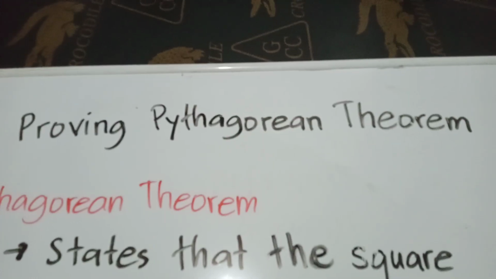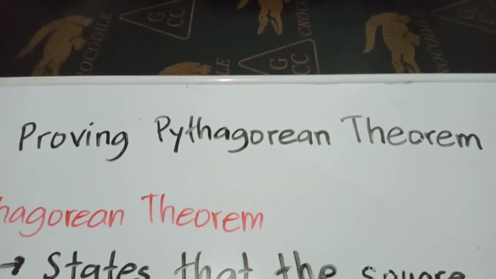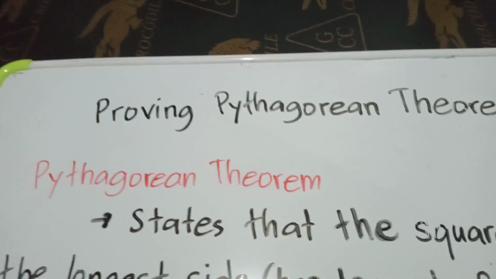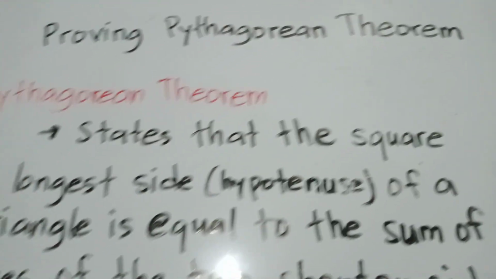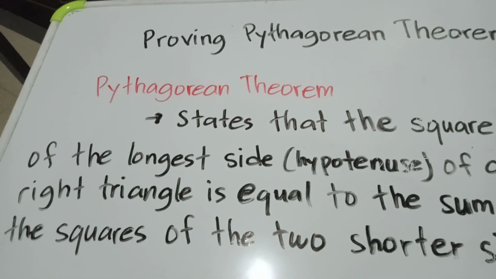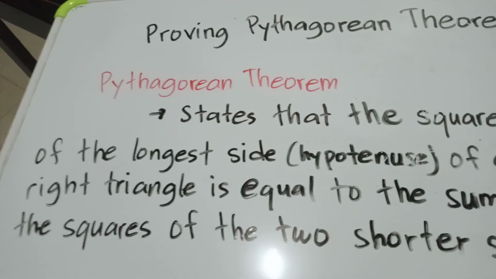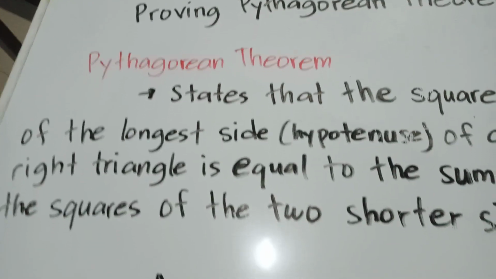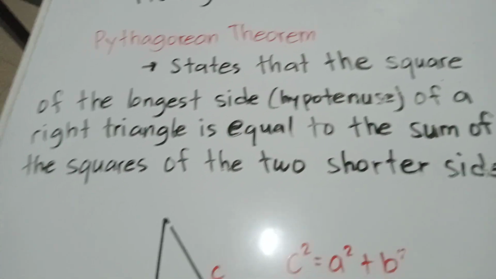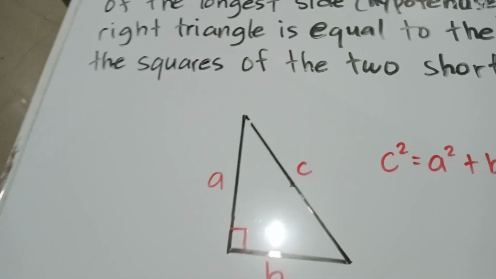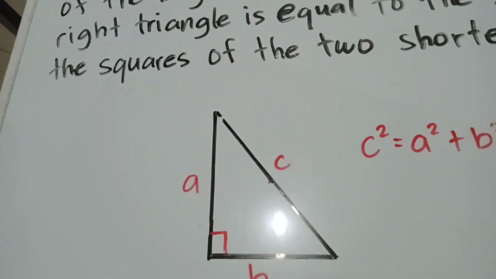Our topic is about proving the Pythagorean theorem. The Pythagorean theorem states that the square of the longest side, the hypotenuse, of a right triangle is equal to the sum of the squares of the two shorter sides. So geometrically we can illustrate this